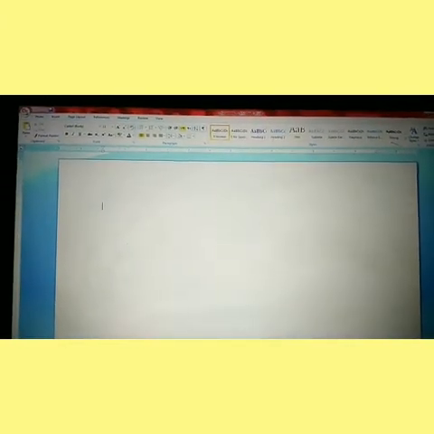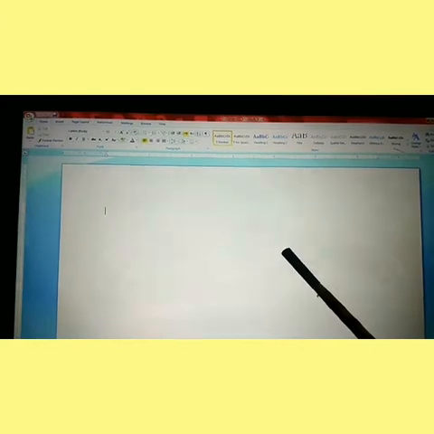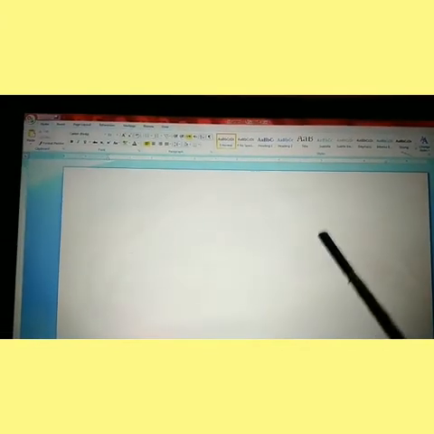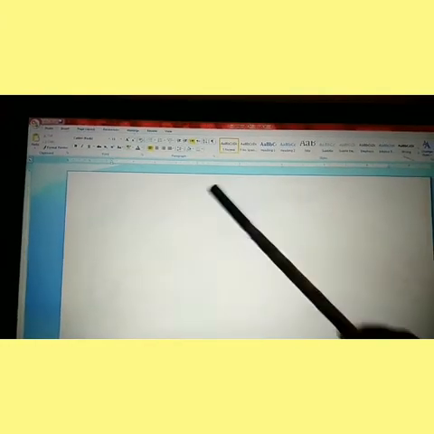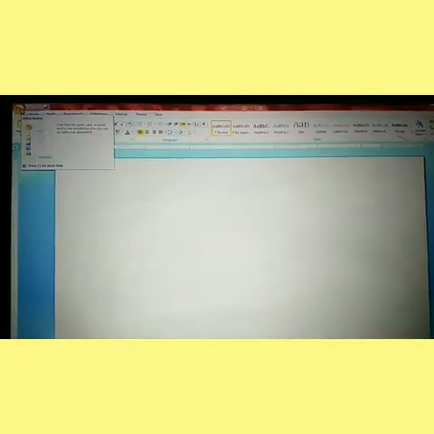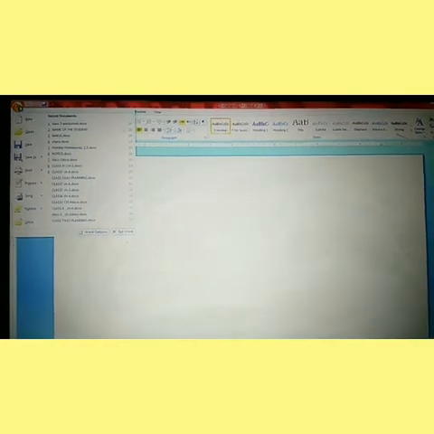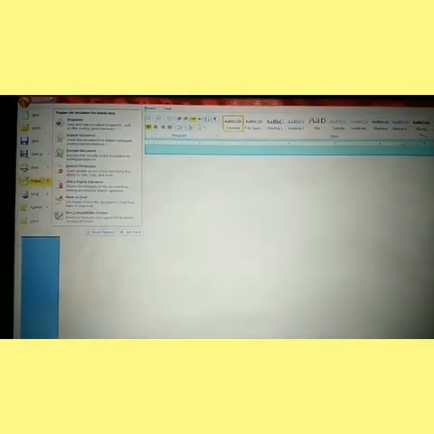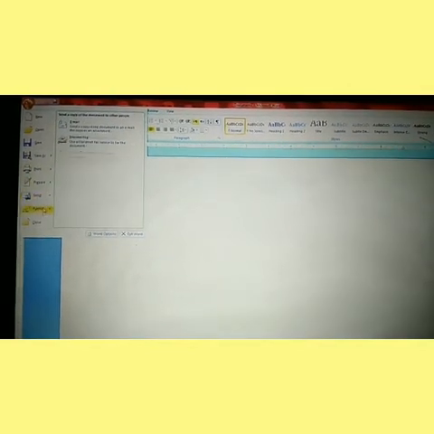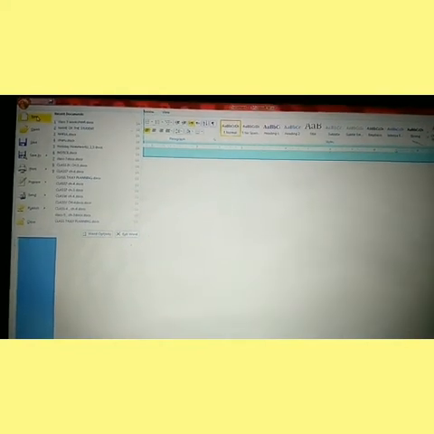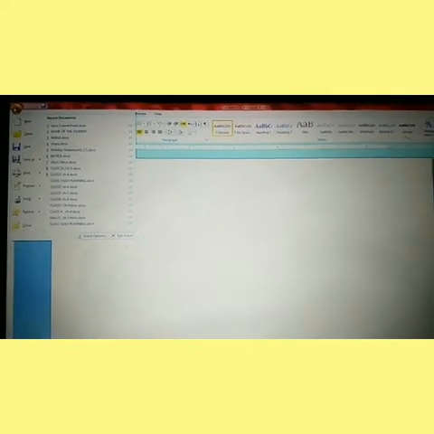Students, see, here is your document area. We can type any data with the help of the Word software. Here are many options. Students, see, here is the Office button. We can click the Office button. We can find new, open, save as, print, prepare, send, publish, close, etc. All these options are available through the Office button.